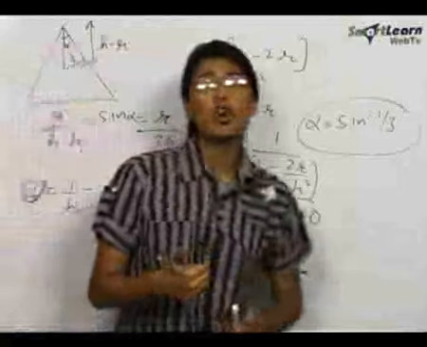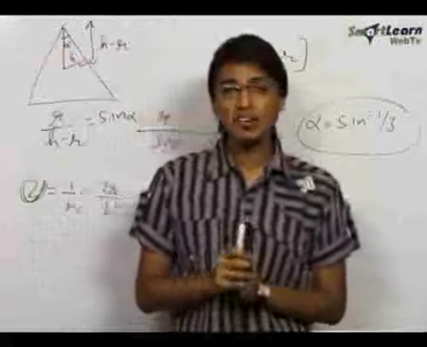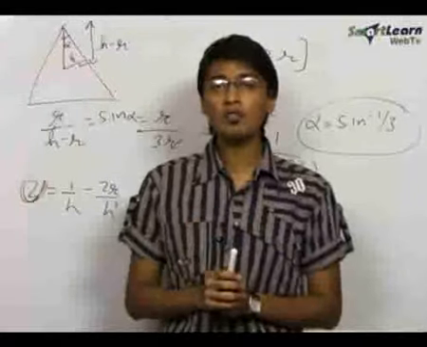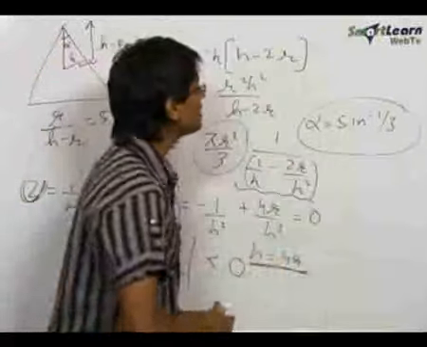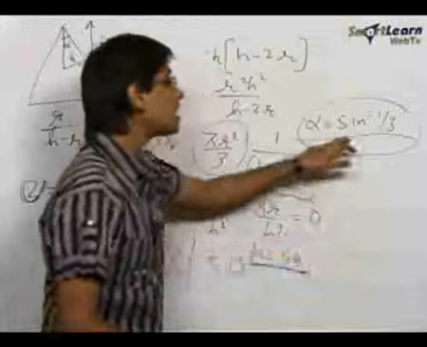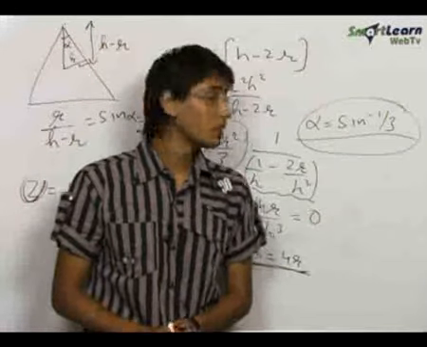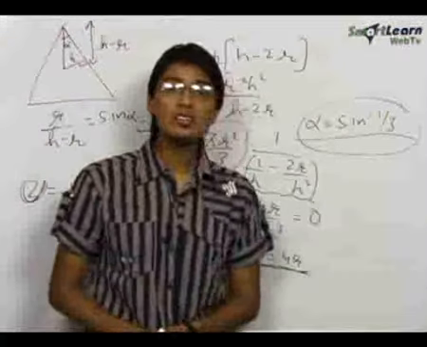Hence in this problem we saw how, utilizing the data given in the problem and using some of the geometry, in these kinds of problems of maxima and minima we could very easily solve the questions. And hence our final answer in this case is the semi-vertical angle of the cone comes out to be equal to sine inverse 1 by 3.